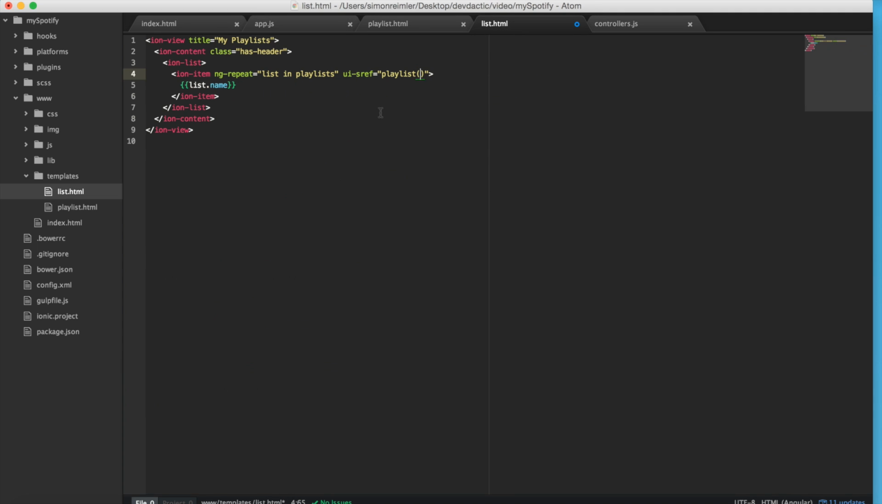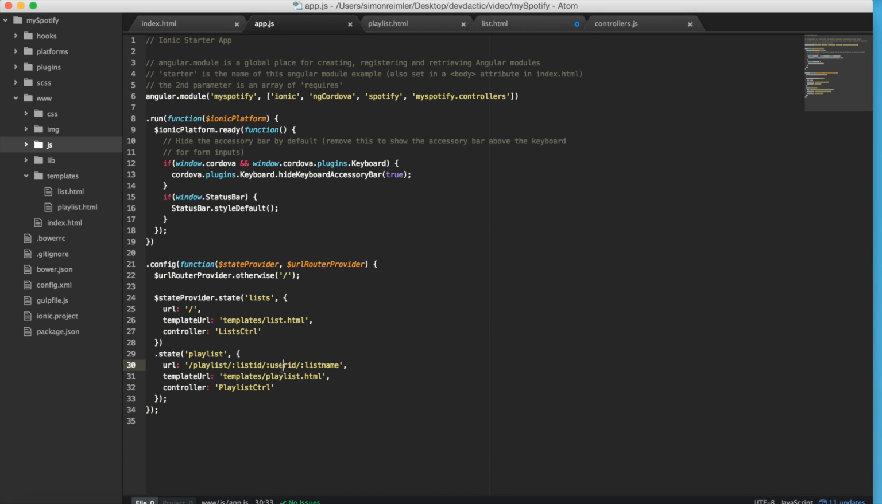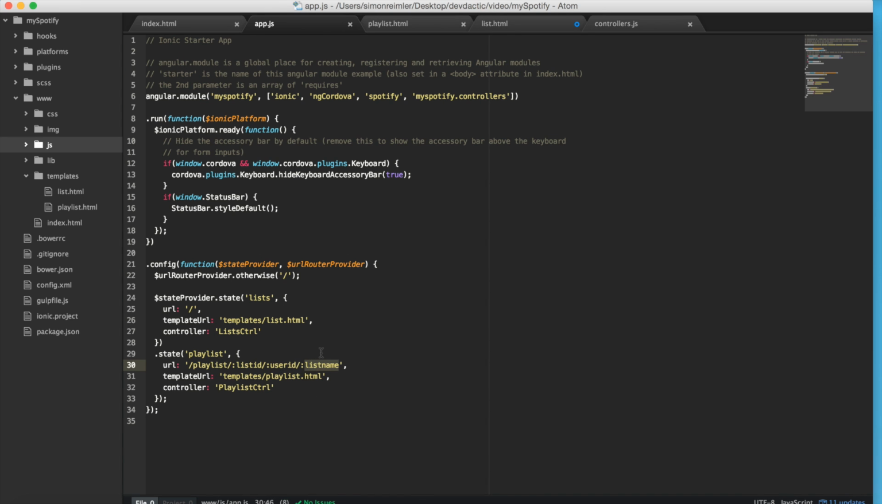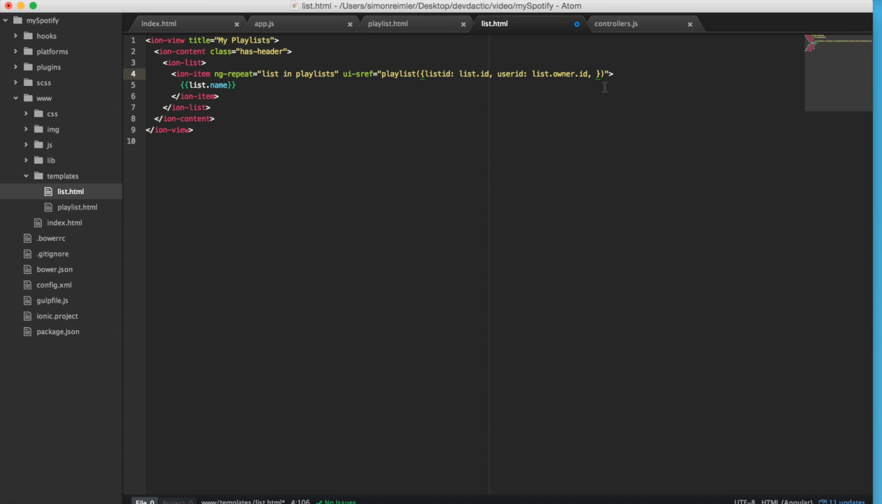And how can we do this? Very simple. We make an object, and all we have to do is set those parameters inside this object, and we can get all this information from the current list object we got. And the name of the list would be list.name. Alright,